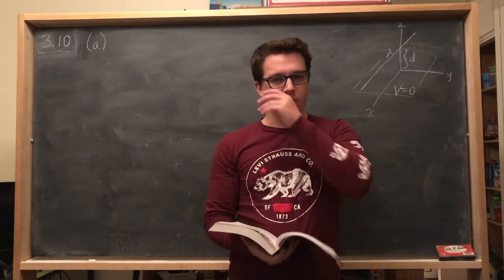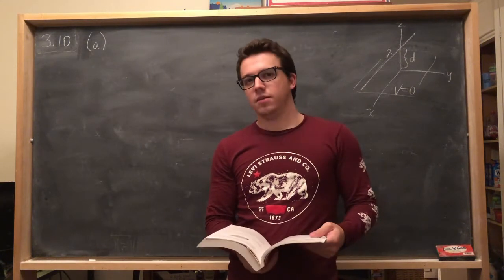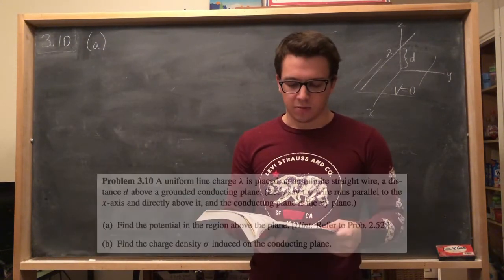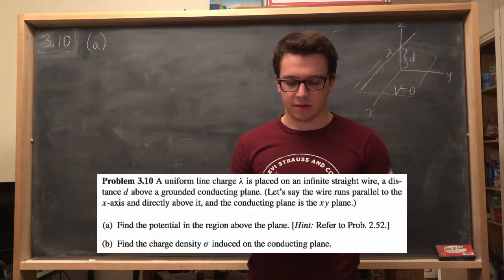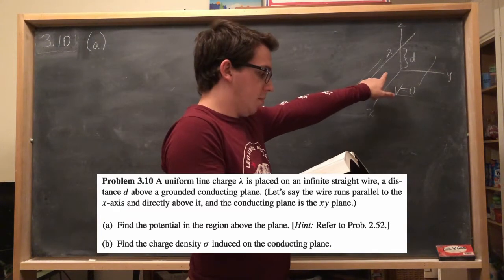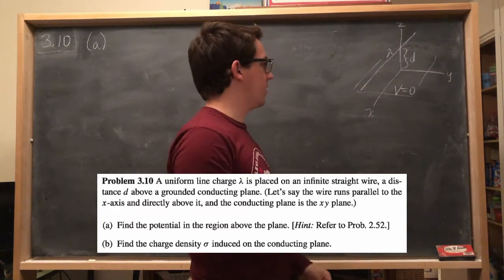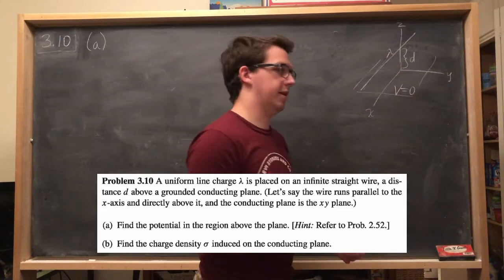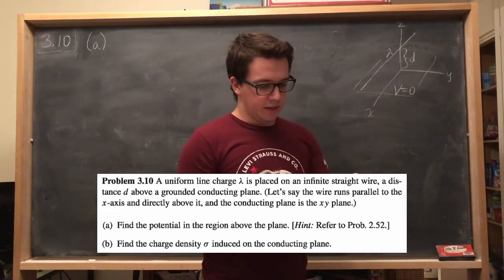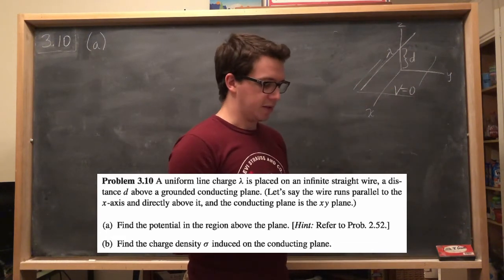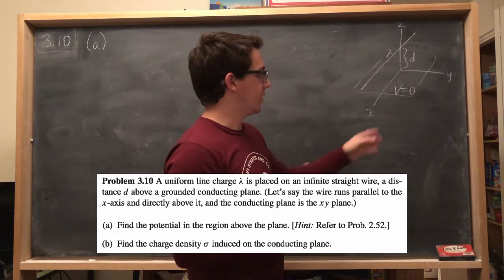We're going to be starting with problem 3.10 today, and 3.10 says this. A uniform line charge, lambda, is placed on an infinite straight wire, a distance d, above a grounded conducting plane, i.e. we have this plane and the potential on that plane is 0. Let's say the wire runs parallel to the x-axis and directly above it, and the conducting plane is in the